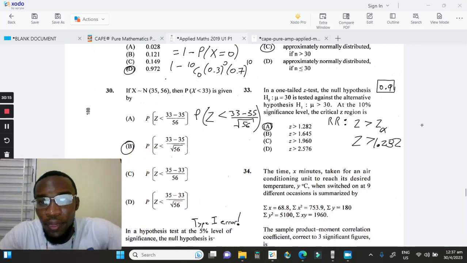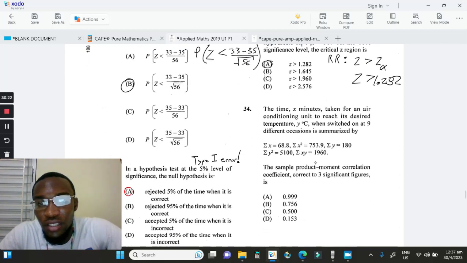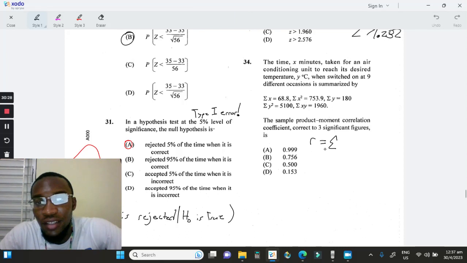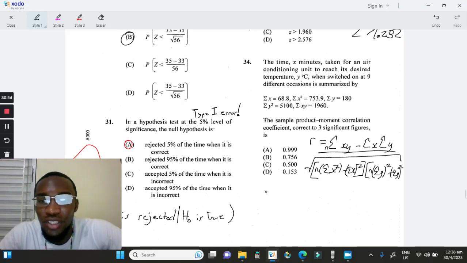Next one, number 34. It says work out now the correlation coefficient. The correlation coefficient r is n times the sum of xy minus the sum of x times the sum of y over the square root of n times the sum of x squared minus the sum of x all squared, and then this is multiplied by n times the sum of y squared minus the sum of y all squared. It's a lot of work, but it's not that much. So r is equal to n. n is 9 different occasions, 9 in bracket, sum of xy,